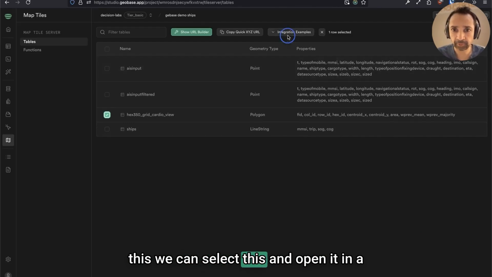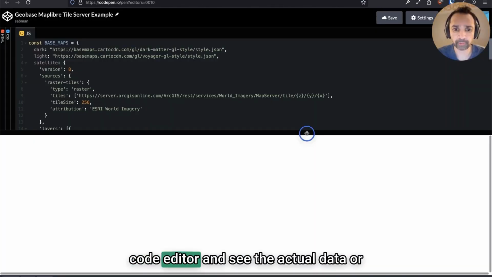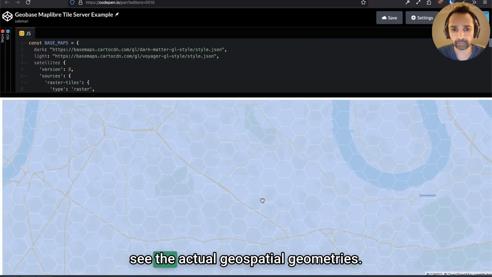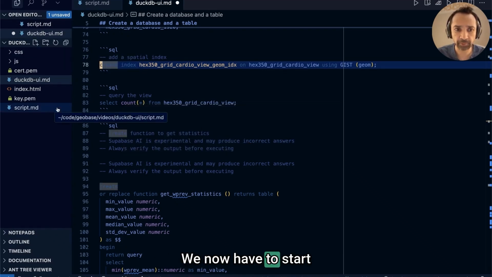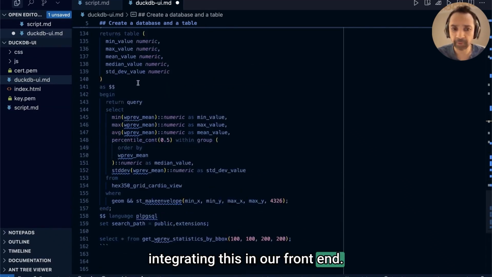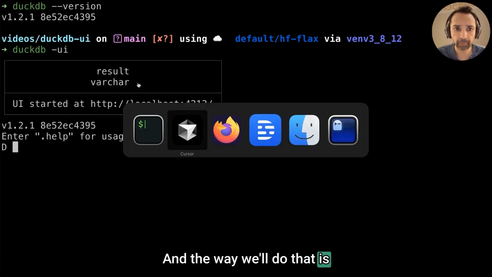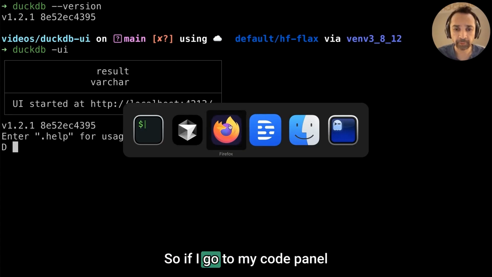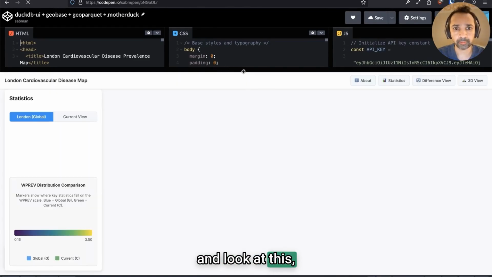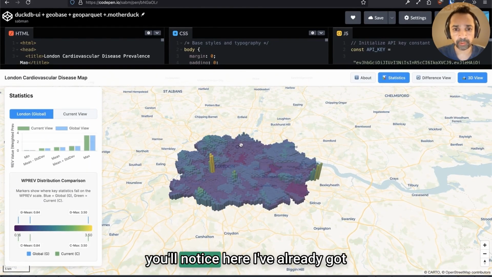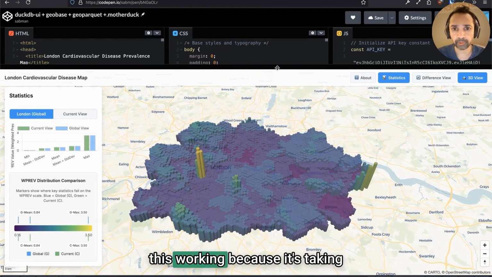We can select this and open it in code editor and see the actual data, or see the actual geospatial geometries. That's not the only thing. We now have to start integrating this in our front end. And the way we'll do that is open up our front end code. So if I go to my pen and look at this, you'll notice here I've already got this working because